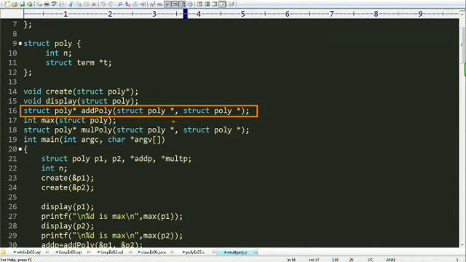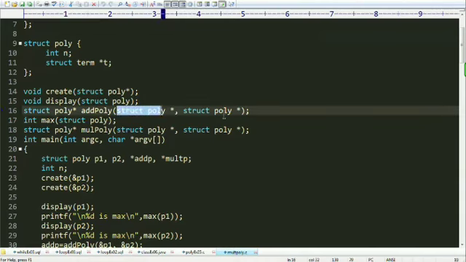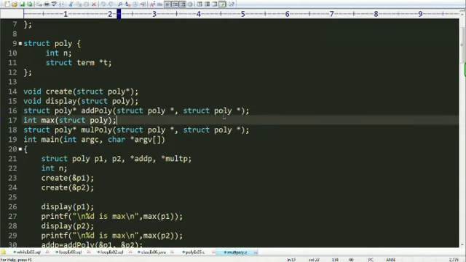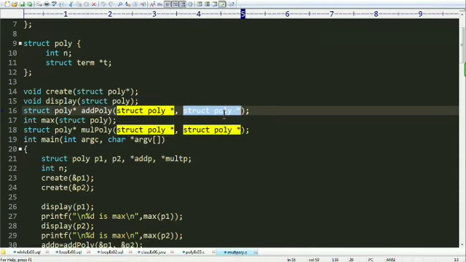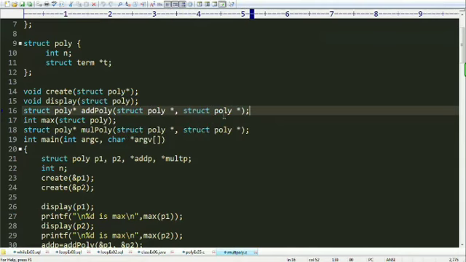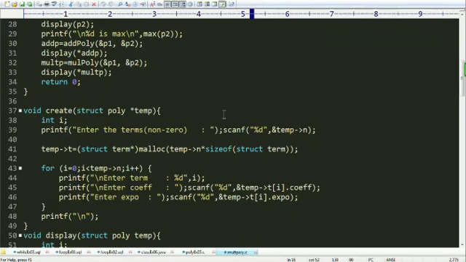I'm getting this parameter for representing the first polynomial and this parameter representing the other polynomial, so that the addition is possible. And after doing addition, I'm just retaining its initial address through this function. Now we need to understand this function.